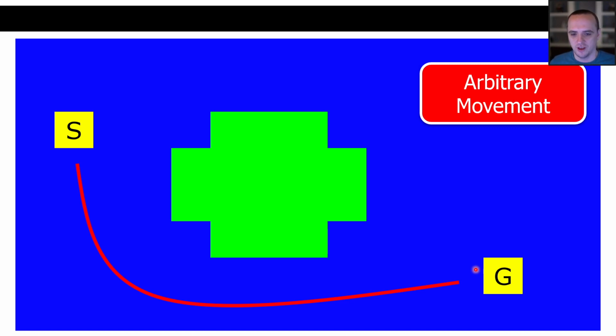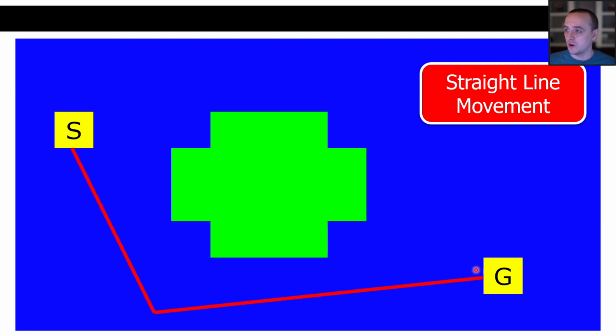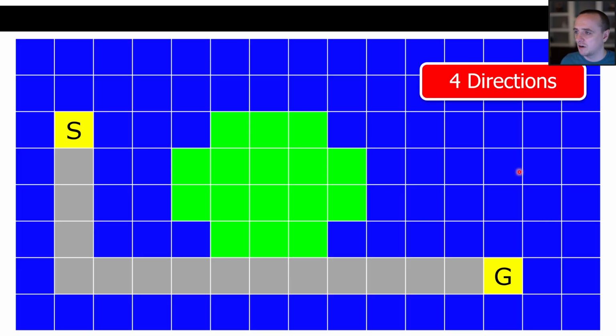In the next example, we have straight line movement. In this game engine, maybe the designers are saying we only want the player to be able to move in a straight line. So in order to get from our start to our goal, we can't walk through this obstacle here, and so we have to walk in this line and then this line to get to the goal. Maybe our game is like a roguelike, where we can only move in 4 directions, right? So in order to get from our start to our goal, we would have to move all the way down and then all the way over. So that's another type of action representation.